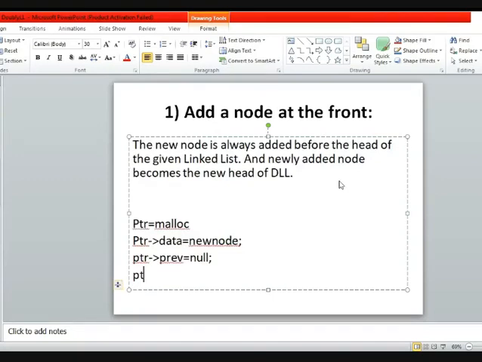And in its next field, you need to enter the address of the very first node of the existing list, that is head. And once you have entered the value in its next field, you have to maintain the previous head.